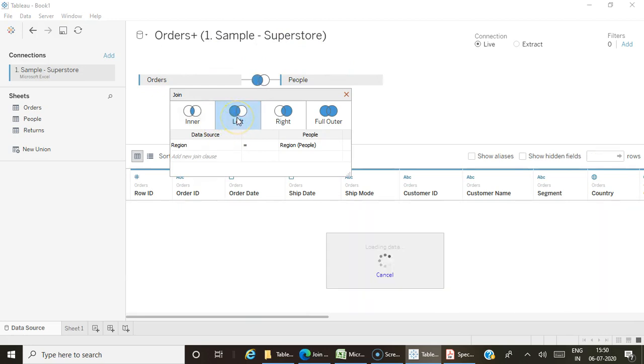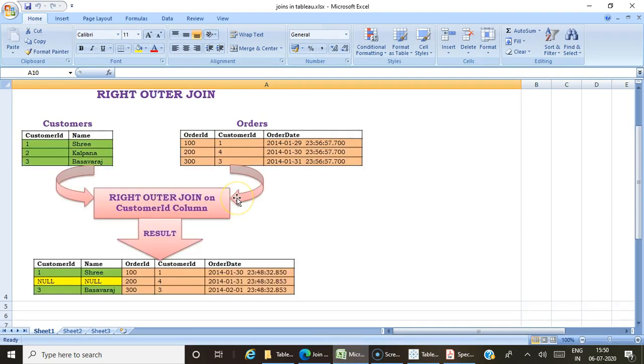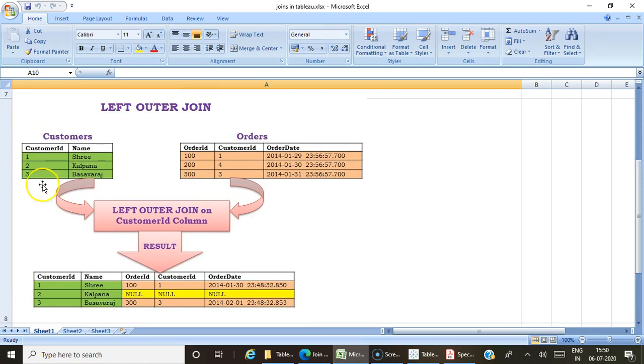In case I am choosing the left join, what will happen? It will take all the records from the left table and only the matching records from the right. That is all the records from order table and only matching records from the people table. Again we have customer and order table.